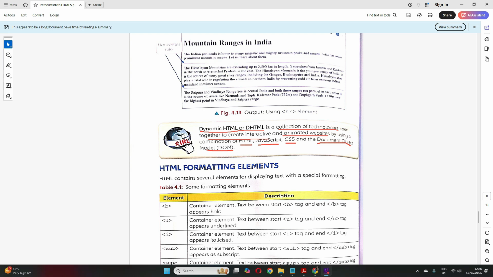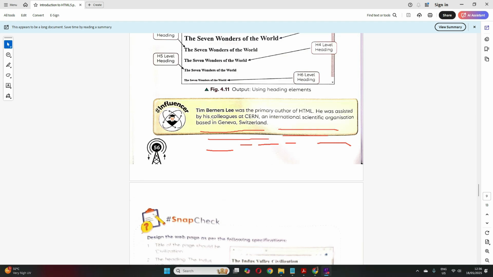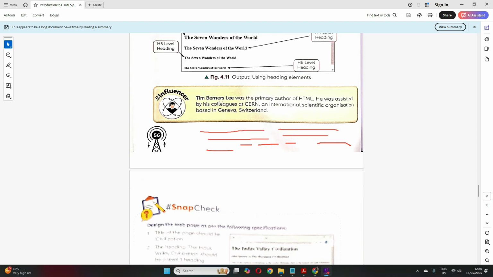Now what else did we miss is Tim Berners-Lee, who was the primary author of HTML. He was assisted or helped by his colleagues at CERN. And what is CERN? It is an international scientific organization which is based in Geneva, Switzerland. Okay.